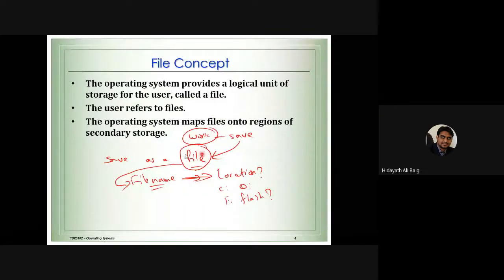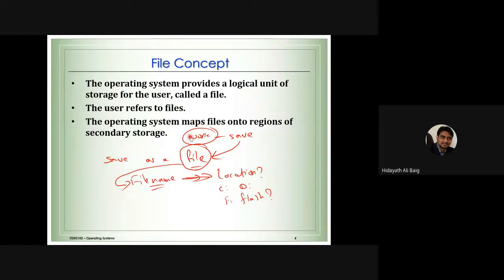Okay, so what does the operating system do? The operating system maps the file onto the regions of the secondary storage. What it is going to do is make a linking. So once we want to save the file,